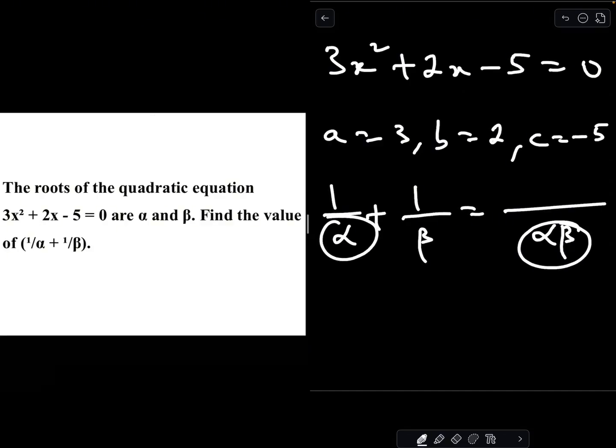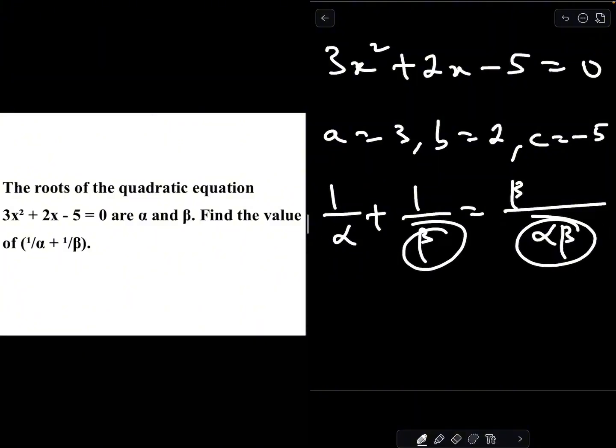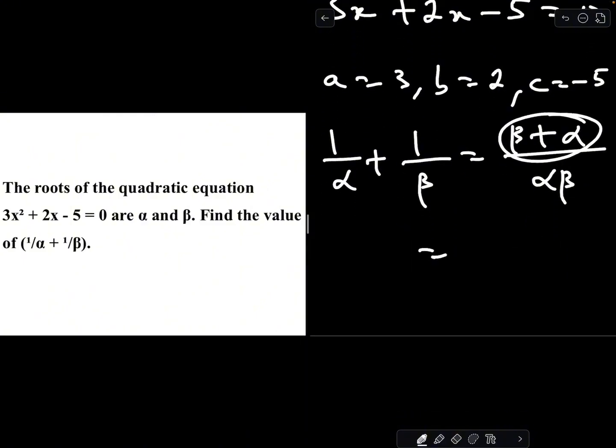Alpha beta divided by alpha is beta. Beta times 1, that's beta. Now, alpha beta divided by beta is alpha. Alpha times 1 is alpha. So the numerator is beta plus alpha. And now to the next step, which will be equal to, I can write beta plus alpha as alpha plus